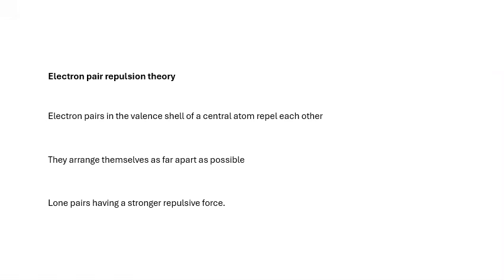So basically, it's the pairs of electrons in the outside shell of the atom in the middle are repelling each other, and they're trying to get as far away from each other as possible. And if they're not in a bond, so they are a lone pair, then they have more of an effect. So bearing that in mind,